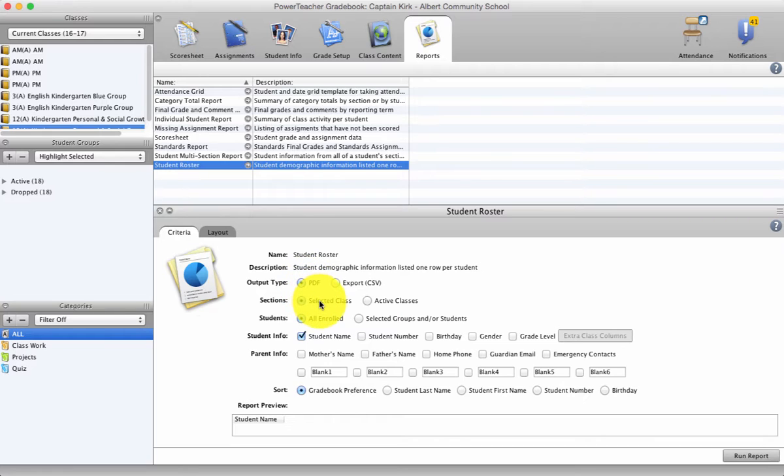And then I'm going to also make sure that under my sections portion that my selected class is going to print, and I want all the students enrolled in my section, so I'll make sure that is checked off as well. For the student info and everything down, now I'm selecting things that I would like to include on this